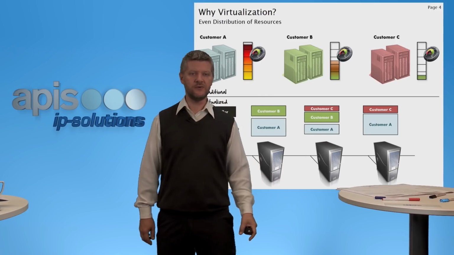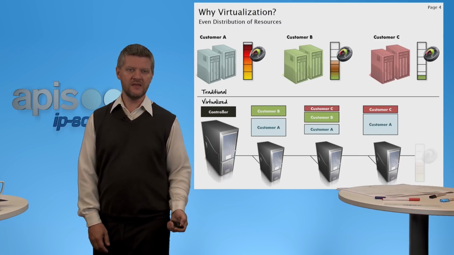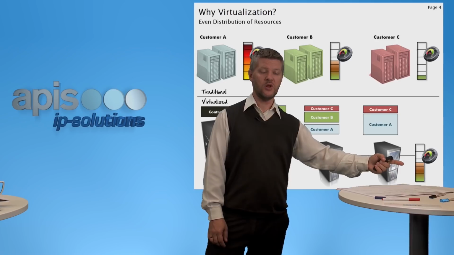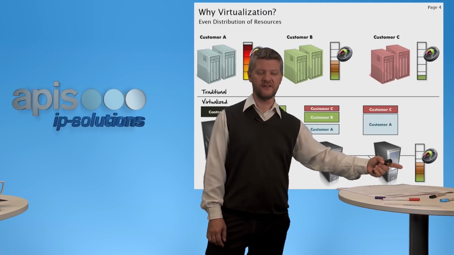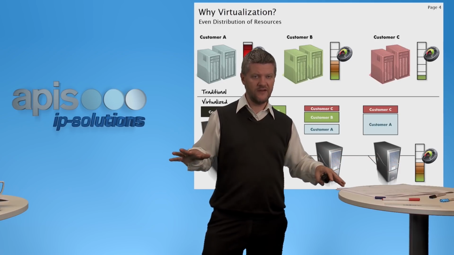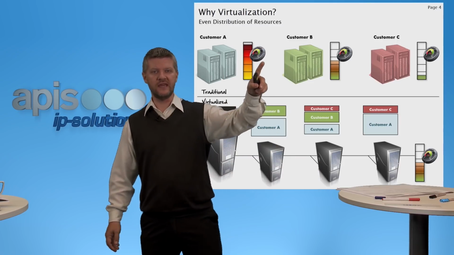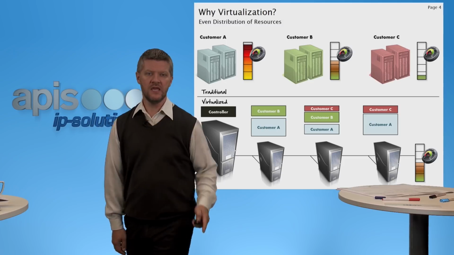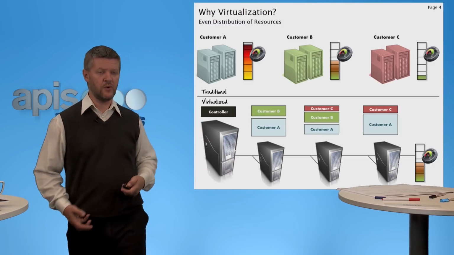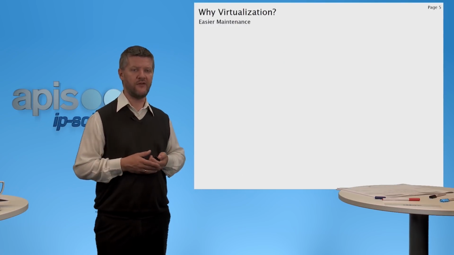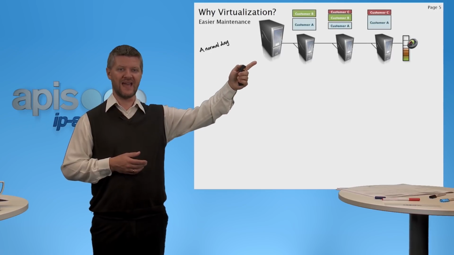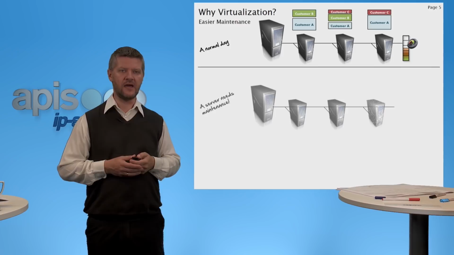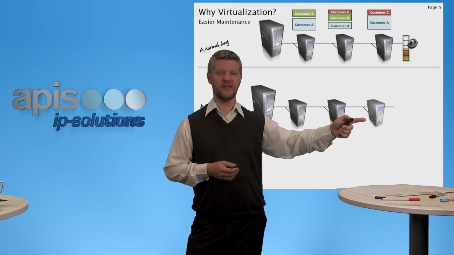This means we can have an average load on these physical servers that is much more even and much less in the extreme end of the scale. This picture could be what it looks like on a sunny day where everything is working fine, so it's exactly this. If something breaks down, let's say this server breaks down,